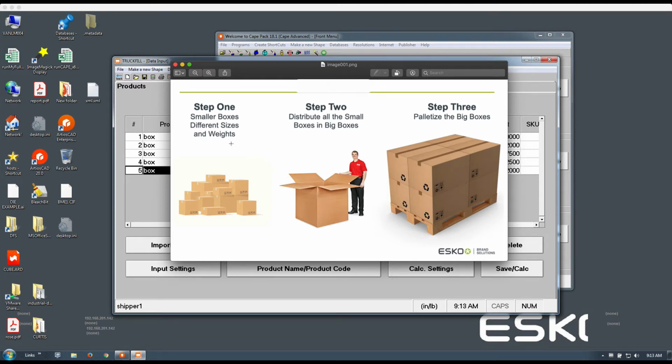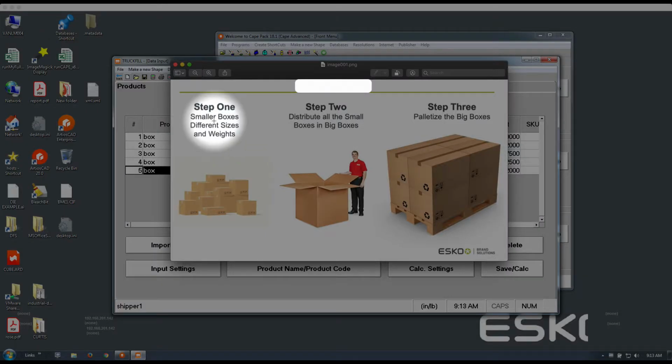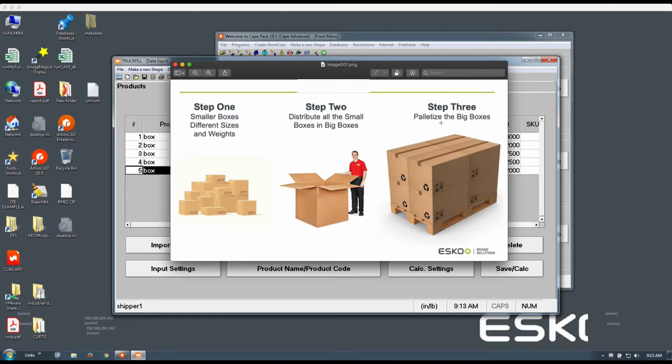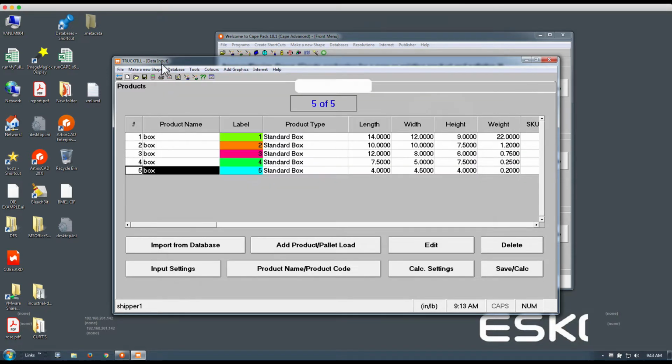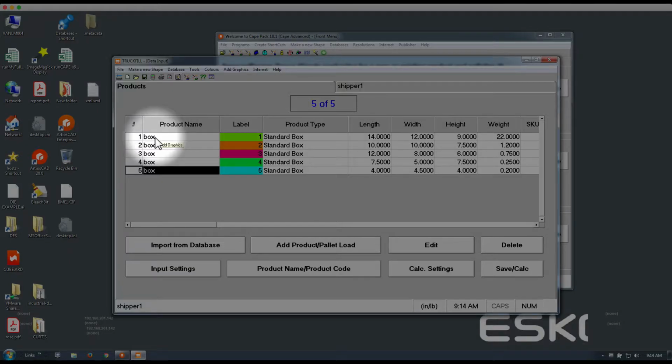Here's a little workaround using Truck Fill and K-Pack in order to address this use case. So, small boxes of different sizes and weights being distributed in a larger shipper and then palletized. K-Pack cannot do that use case, so we're first going to start in Truck Fill, where we specify our